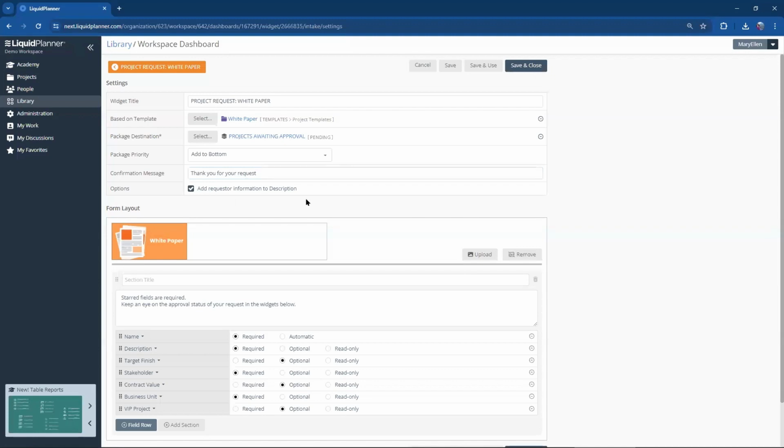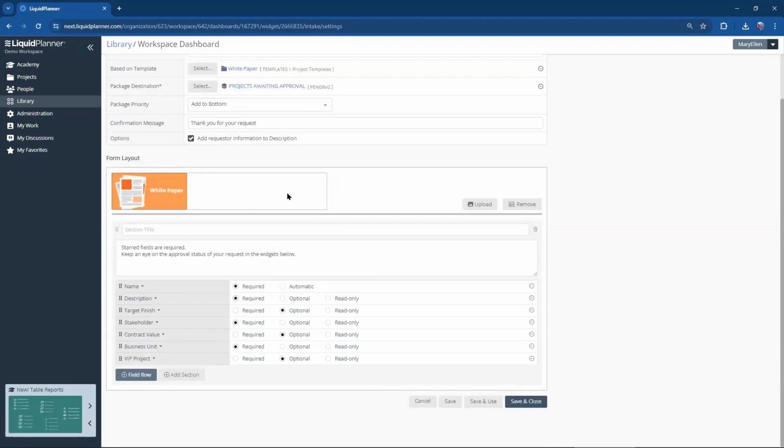Do I want to include the requester information in the description field for the new project? I'm saying yes, I do. And then the form layout. Here I have the ability to upload an image into the form if I'd like to do so. And then down here, I am selecting the fields that I would like them to see and fill out in